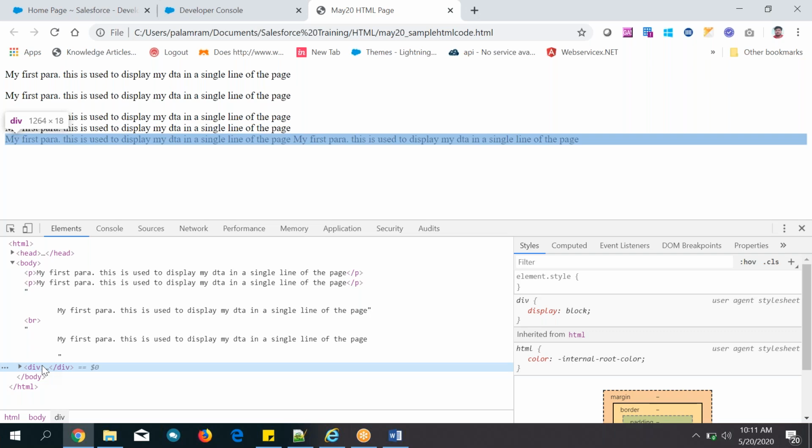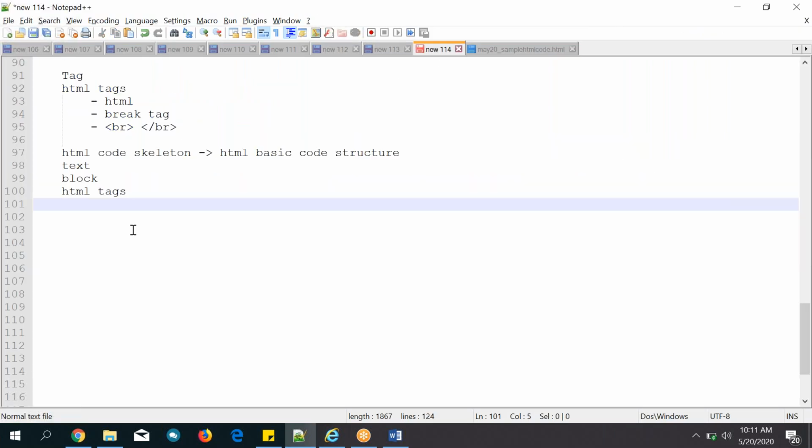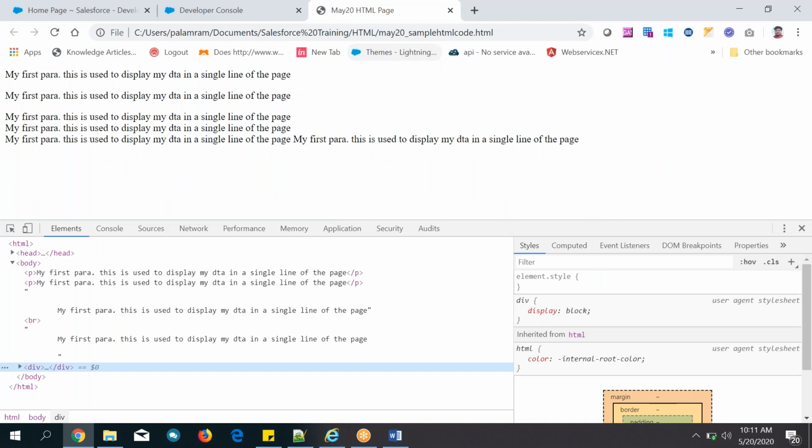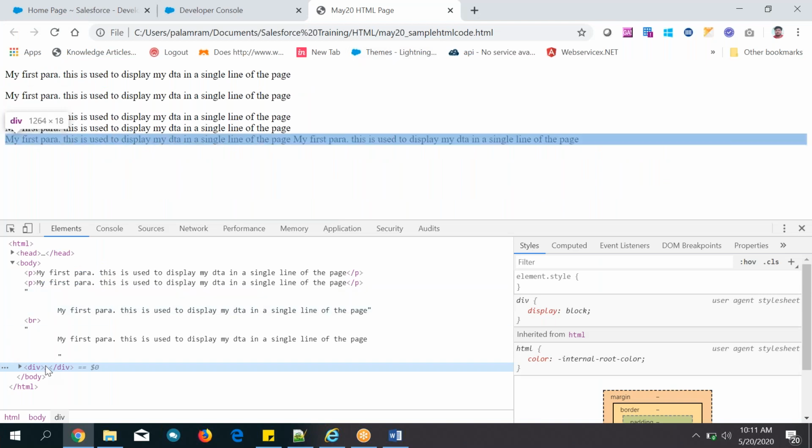Yes, it is there. Don't worry. There are no separate HTML tools. You can include your HTML in your Visualforce, that I will teach. Don't worry. So from left to right, it is occupied. That means what? It is a block. I told you, right? If any tag takes the space from left to right, then that is called a block. So div is also a block. Even though you have not written anything, it is occupied.